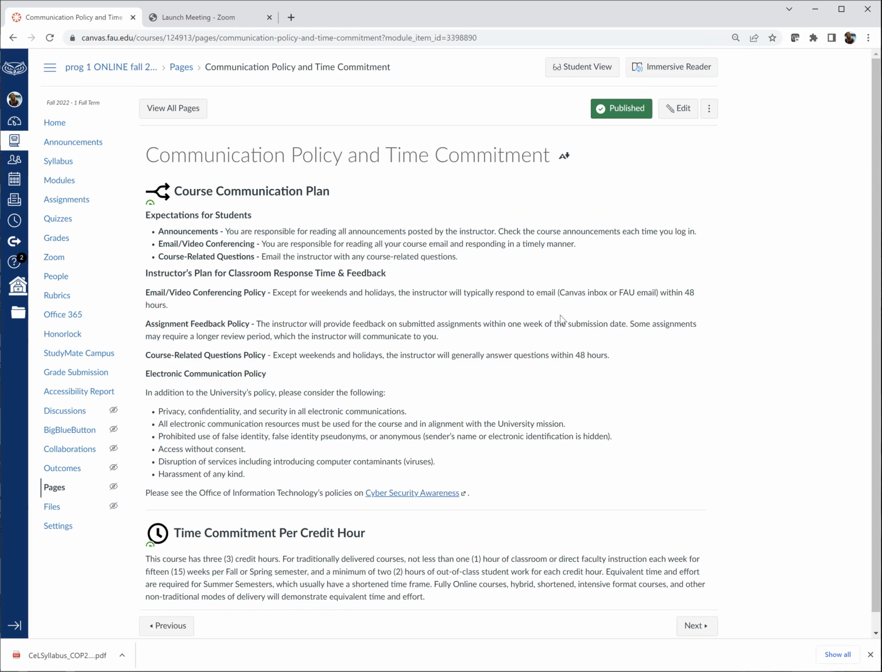Communication policy. So I want you to know that when you send me an email, it says right here, I will generally answer within 48 hours. So I just want to say that I generally answer way faster than 48 hours. However, every once in a while, something comes up and I'm busy or I've got a lot of grading to do and I don't answer right away. I do like to answer as quick as possible, but if you do not hear from me within 48 hours, I strongly encourage you to send me another email